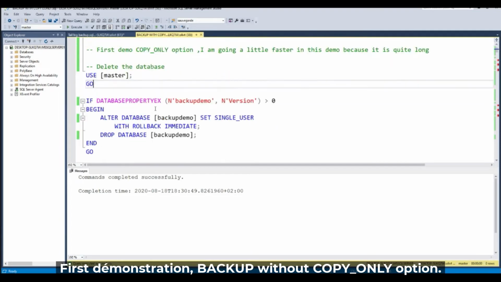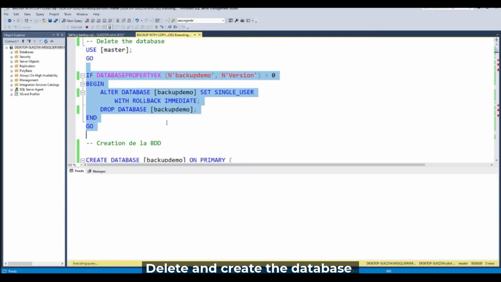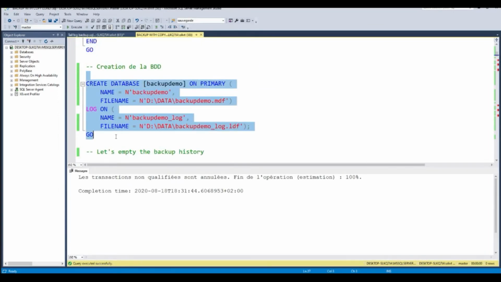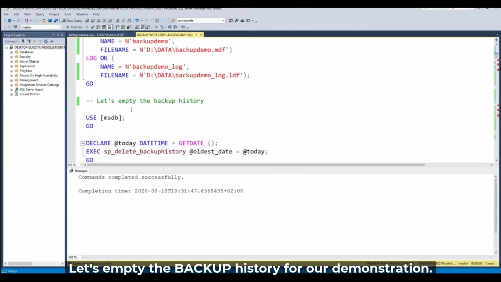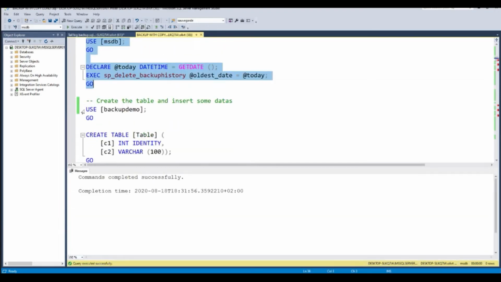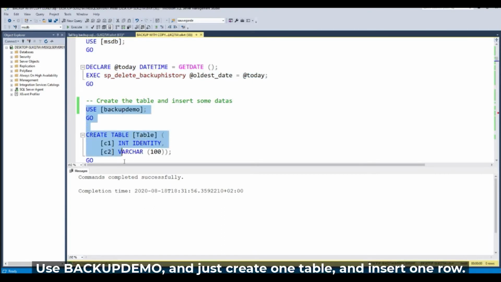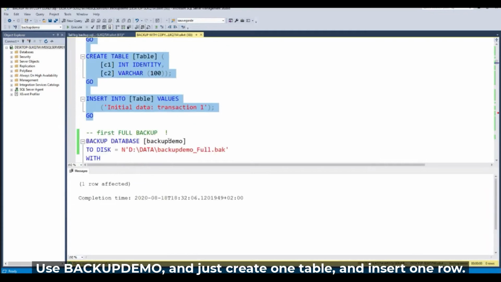Okay, let's go. Delete the database. It's done. Create database backup demo. And let's empty the backup history for our demonstration. Use backup demo and create just one table, and insert one row.